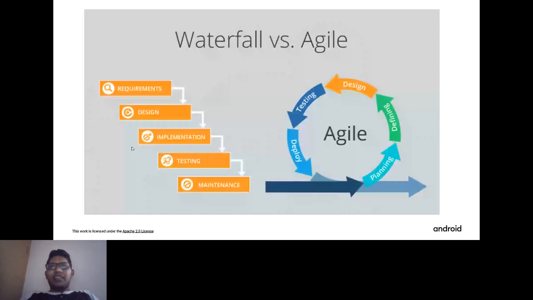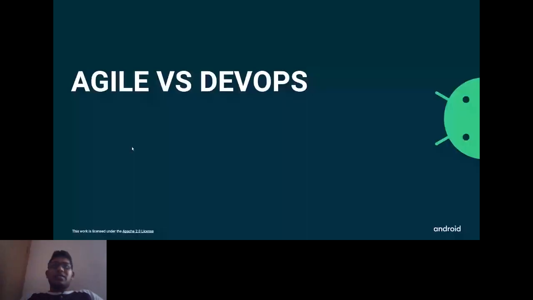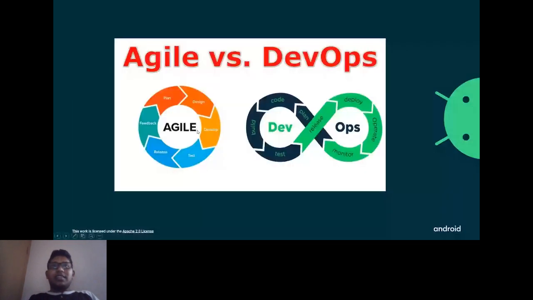So we have now seen what's before DevOps and Agile. Let's further compare Agile with DevOps. Agile only has these things, so the operation team doesn't come in here at all. Whereas in DevOps, the development and operation teams collaborate with each other. They share their code, and sometimes even share their roles and responsibilities between each other, so that the projects